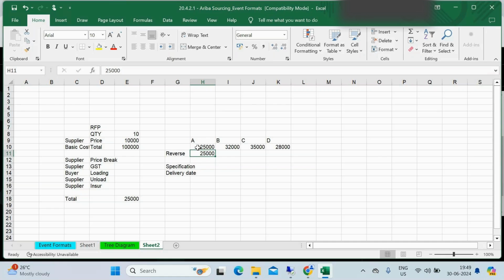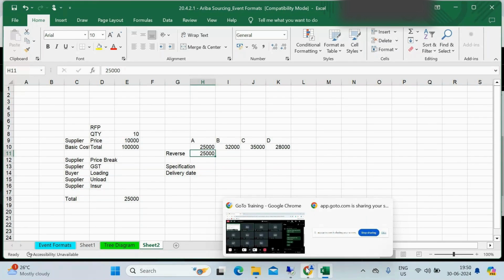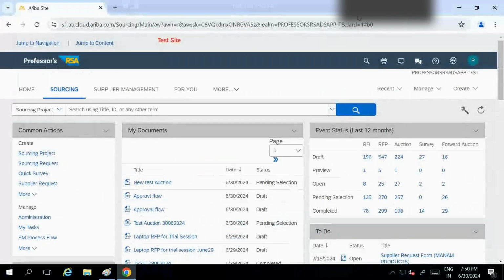Why? Because our specification is the same, our supplier delivery date is the same, and all other common factors like GST have been the same for all the suppliers. Still, the others have given a higher amount, so we will consider this as a ceiling value. In auction we have that concept. I'll show you where we put the ceiling value and why it is important.